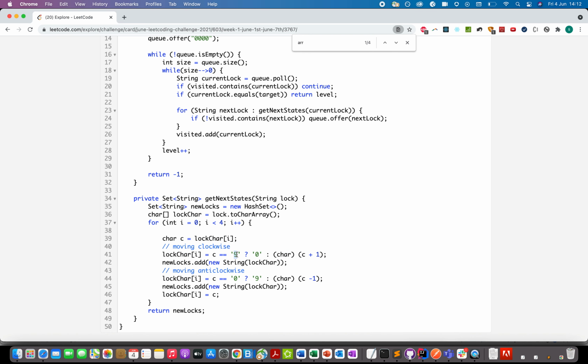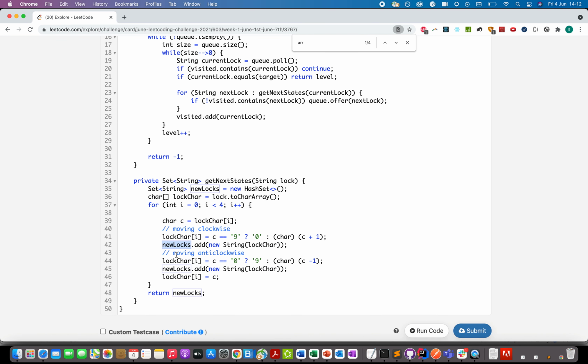If it is equal to 9, the next state in the clockwise direction will be 0. Otherwise, I added 1 to my current character, typecast it back into a character value and assigned it into the lock char at the ith index. Once I have done that, I added the current state of the lock into my new locks hash set, and I did a similar thing moving in the anti-clockwise direction.